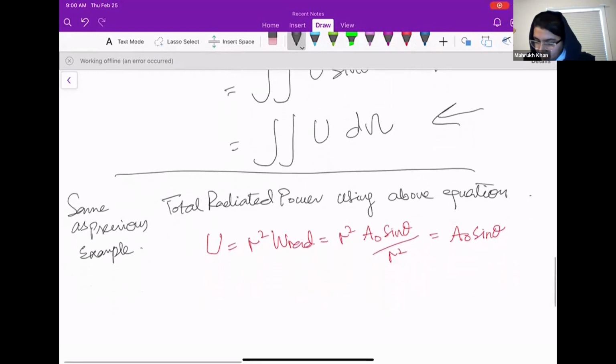Like when I'm solving it, because I will reduce, I will just write this thing. So it will be